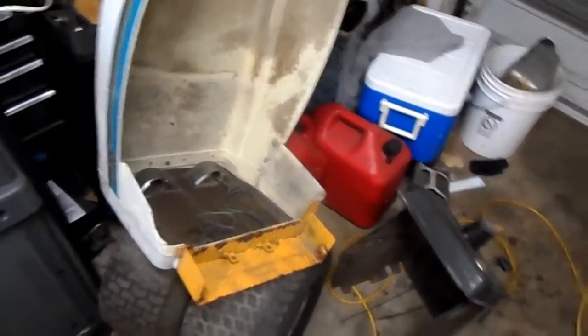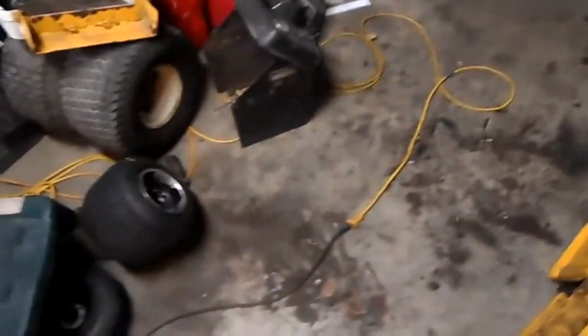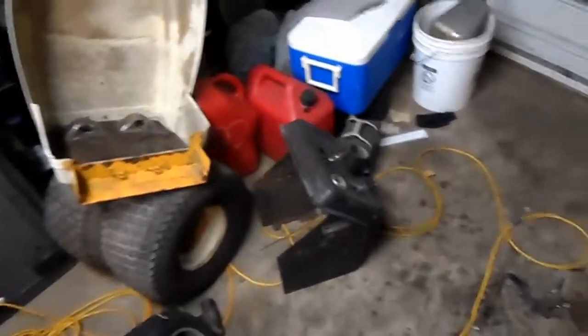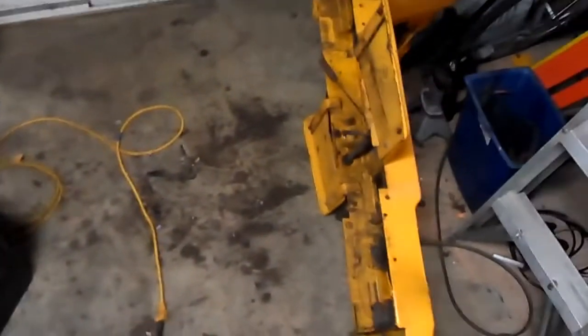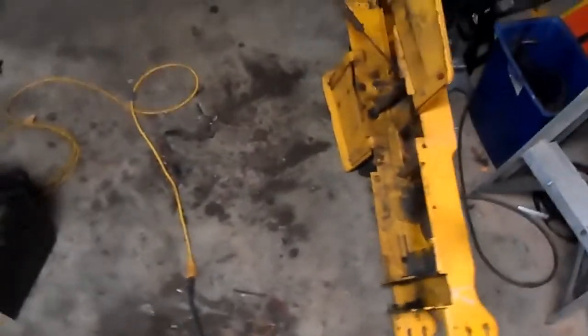Got a Cub Cadet, another Cub Cadet. It's all stripped down, all the parts, everything. It was a complete mower deck and everything, stripped it down. I'll add a picture in, probably about right now, so you can see that. Alright, full mower,